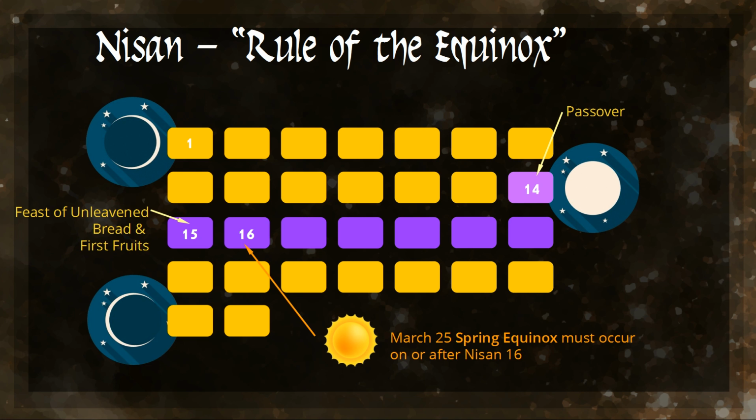But when exactly is the spring equinox? We are used to the dates of March 20 or 21. However, that is in the Gregorian calendar, a calendar which came into use in 1582 AD. Before that, the Julian calendar was in use, and the equinox occurred on March 25. Over the centuries, due to the slight inaccuracies of the calendar, it had shifted those several days. It is important to keep the various calendars in mind when working with historical dates. So instead of March 21, we will use March 25 Julian date for the spring equinox rule.